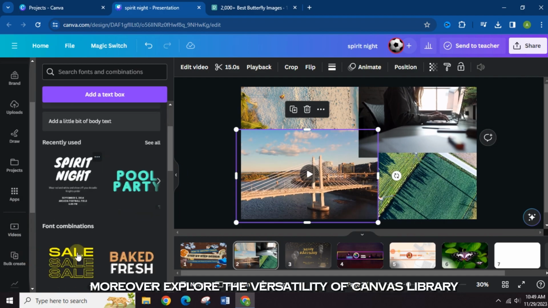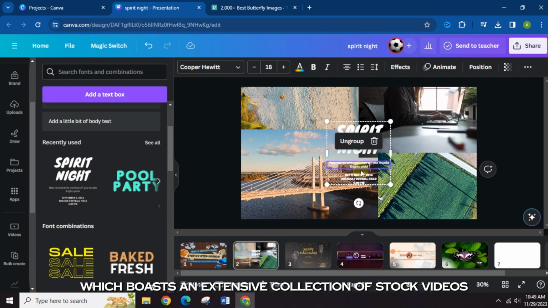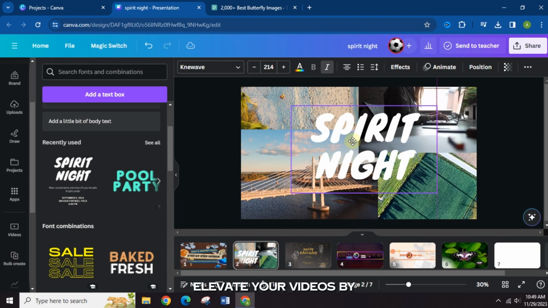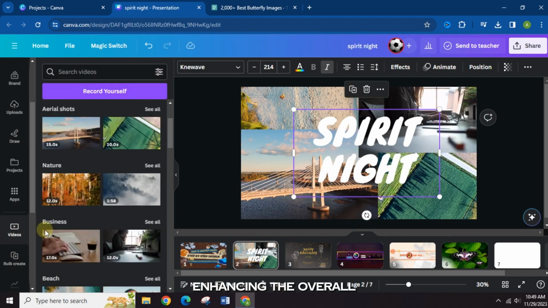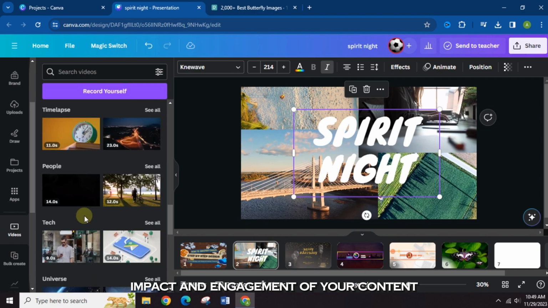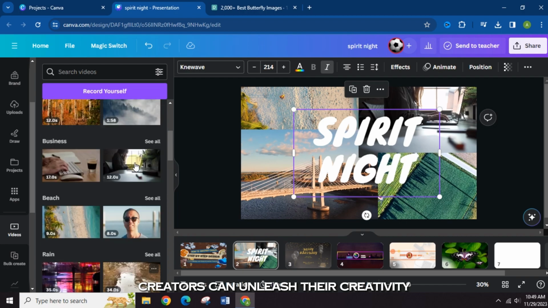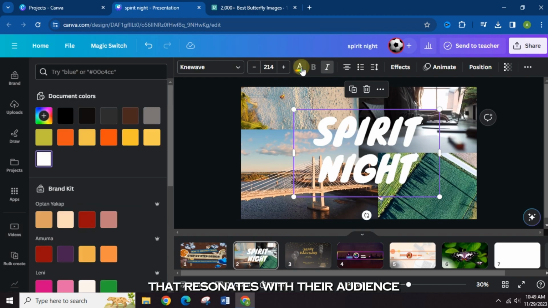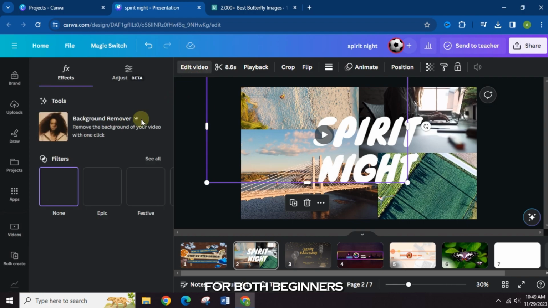videos. Moreover, explore the versatility of Canva's library, which boasts an extensive collection of stock videos, music tracks, and sound effects. Elevate your videos by incorporating these resources, enhancing the overall impact and engagement of your content. By mastering Canva's video editing tools, creators can unleash their creativity and produce compelling video content that resonates with their audience. The seamless integration of various elements and a user-friendly interface make Canva a go-to platform for both beginners and